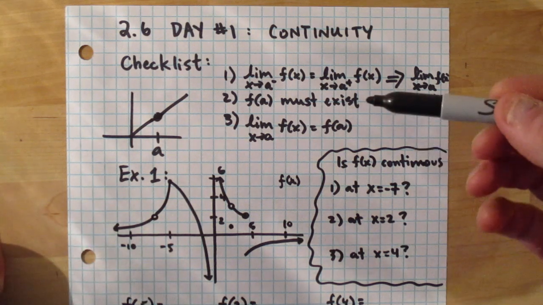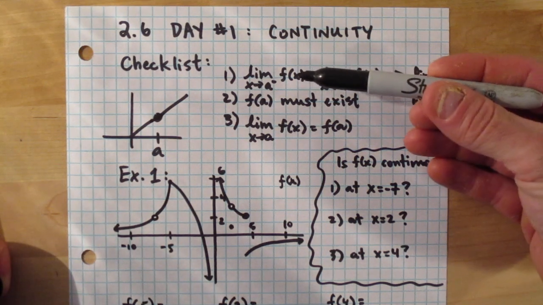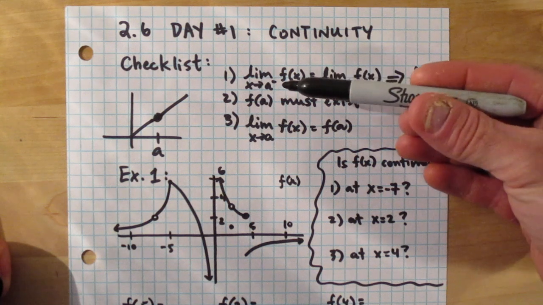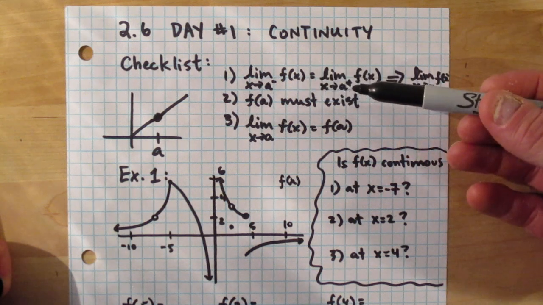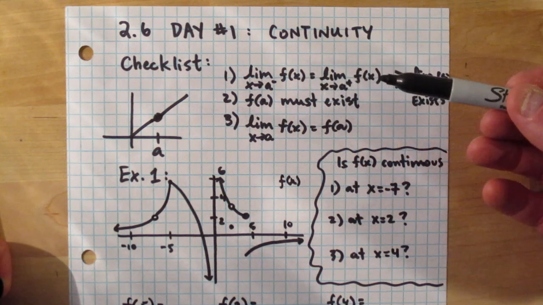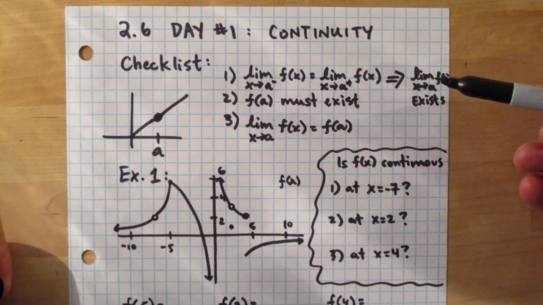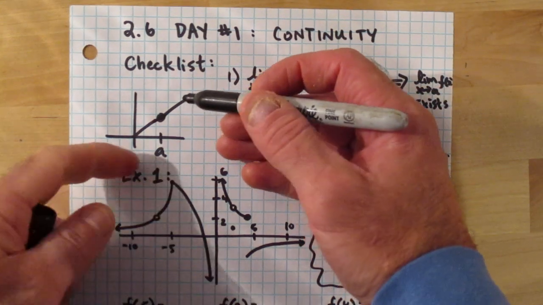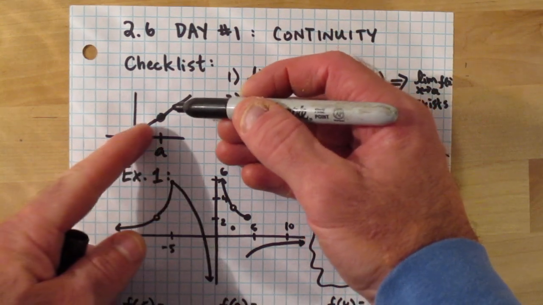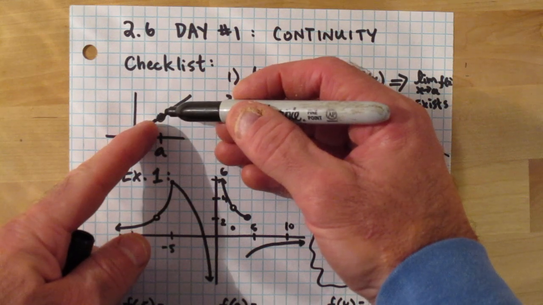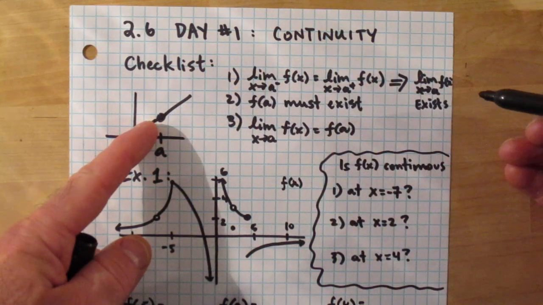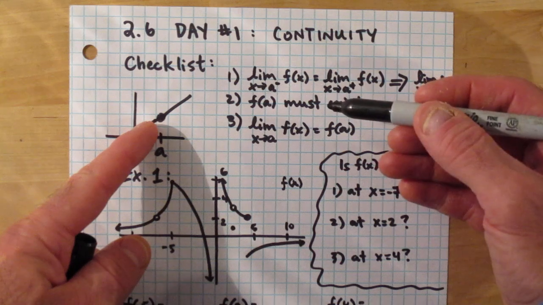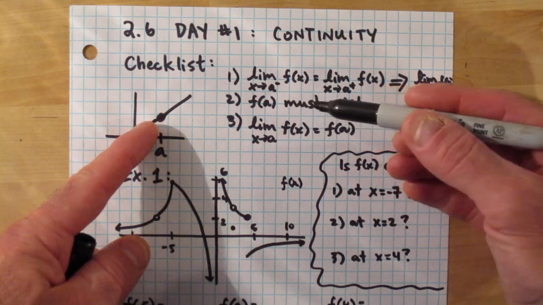So 3 items are necessary. The left hand limit as x approaches a of f of x equals the right hand limit as x approaches a of f of x, which just implies that the limit as x approaches a of f of x exists. So on this diagram of f of x as x approaches a from the right and left, that limit exists. Second requirement is that f of a must exist,